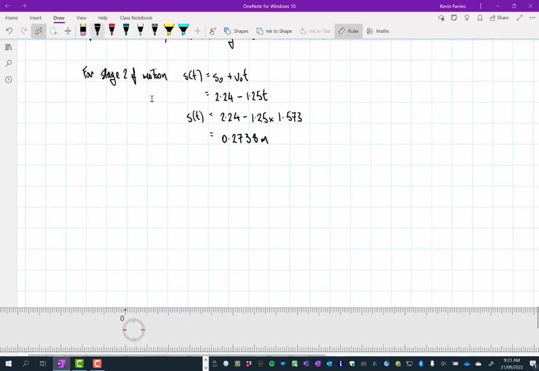And so displacement relative to A, cushion A, because that's where I've put my 0 for displacement, is equal to this value that we just calculated, 0.2738. Displacement relative to the starting point, which is what the question's asking for if it doesn't state what the displacement should be relative to,